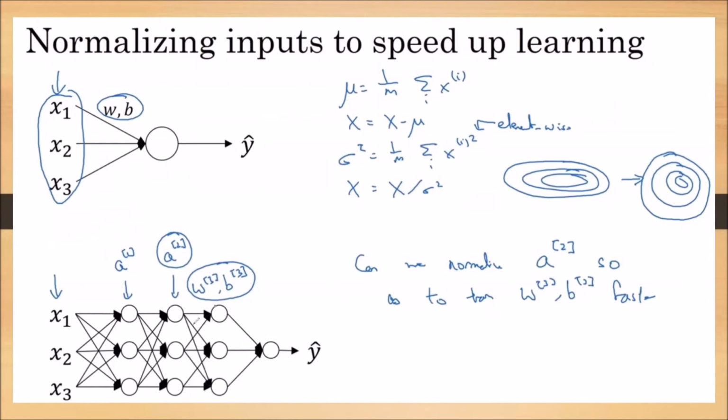Now we are normalizing the activation units of A1. In reality, we are normalizing the Zs corresponding to the activation units of A1 to get the proper output from the activation units of layer 2. Because we are giving the activation units from layer 1 as inputs, if we properly normalize the Z values corresponding to the activation units of layer 1, then we properly get the outputs from the activation units of layer 2.